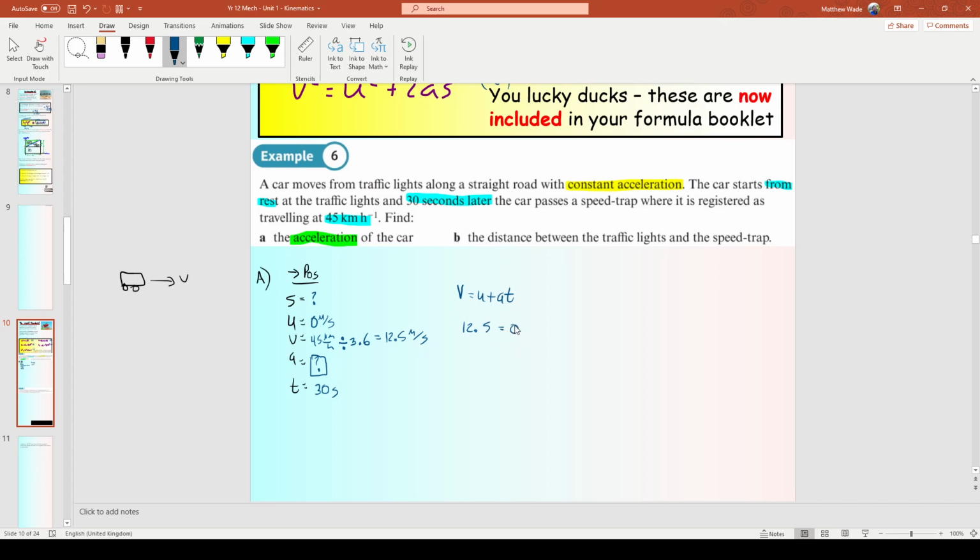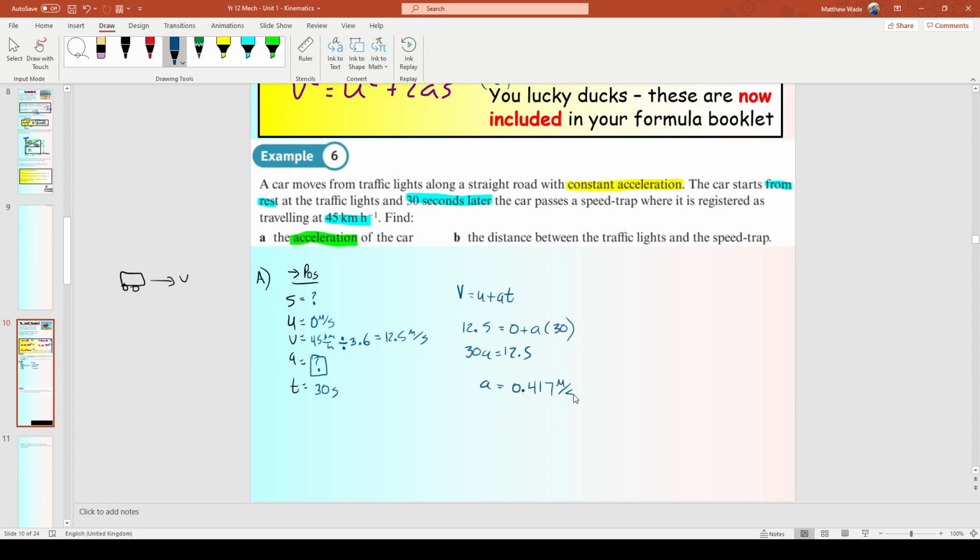Equals u, which is 0, plus a, which we don't know, open bracket, 30. Cool? So 30a equals 12.5. So a equals 12.5 divided by 30. 5 divided by 30 is 5/12, but we're physicists now, so this is not 5/12, it's